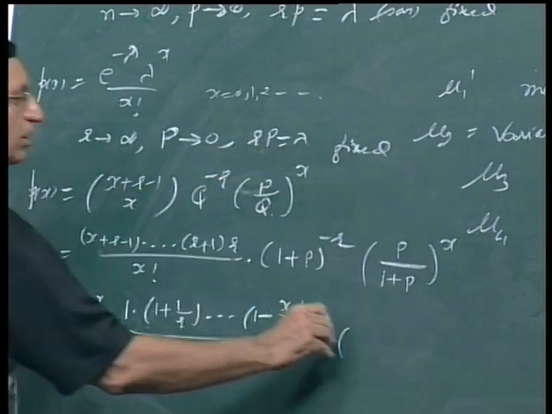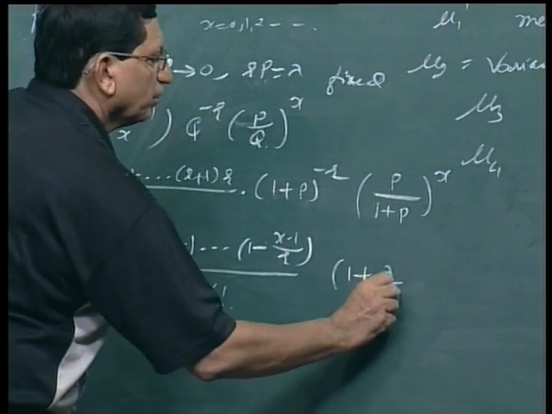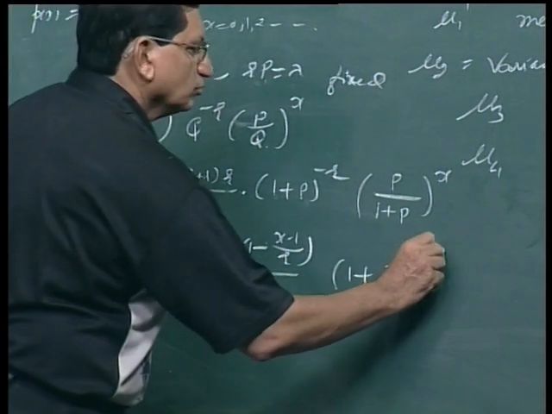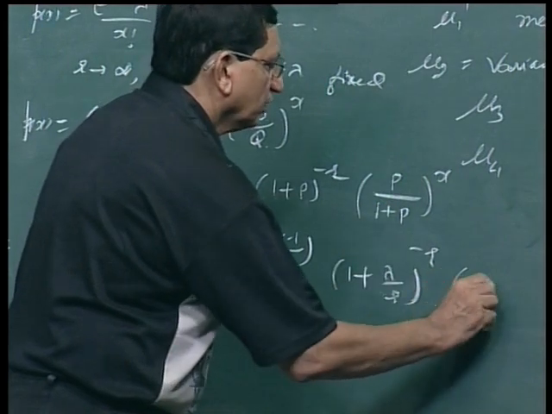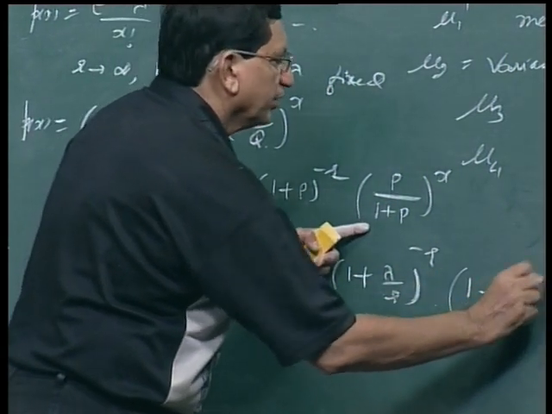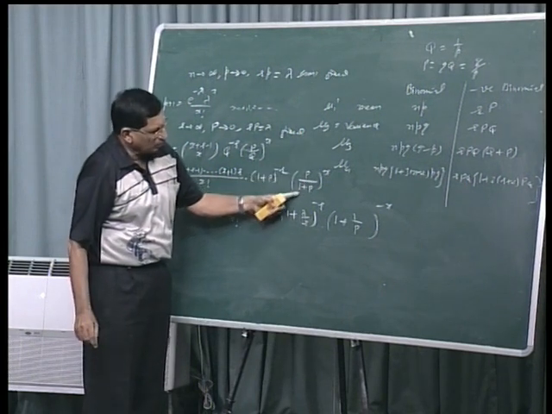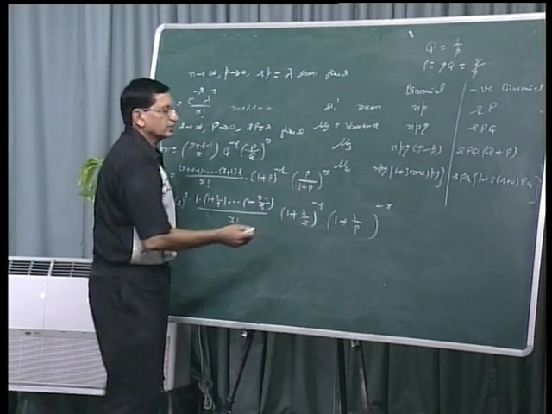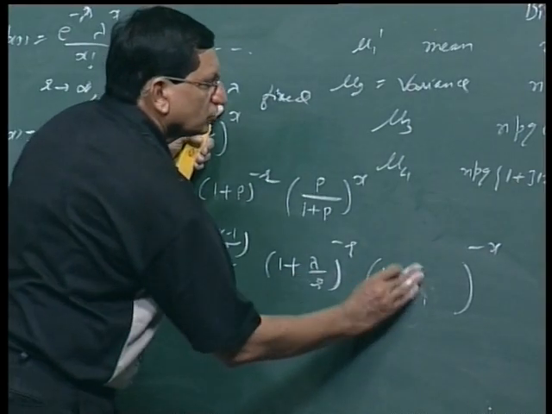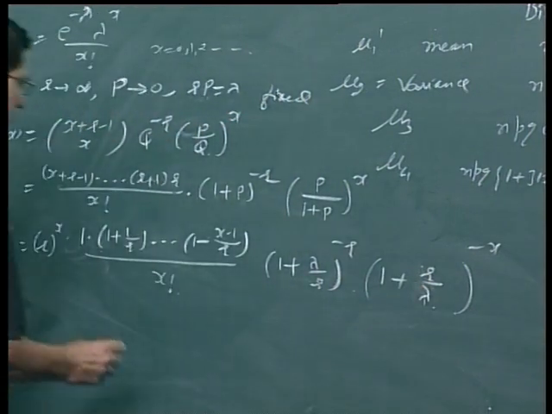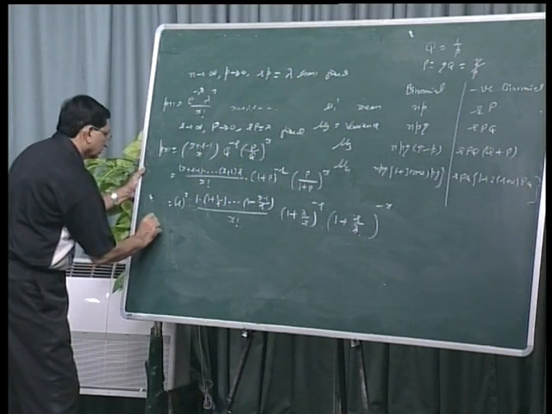Rp is equal to lambda, so it is (1 + p) raised to minus r, and this is (1 + 1/p) raised to minus x. If I write p here, then (1/p + 1) raised to minus x, and p means lambda by r, so this is r by lambda. So when we take the limit as r tends to infinity here,